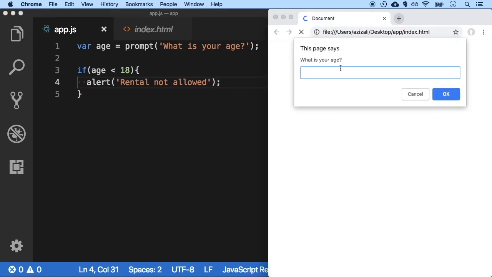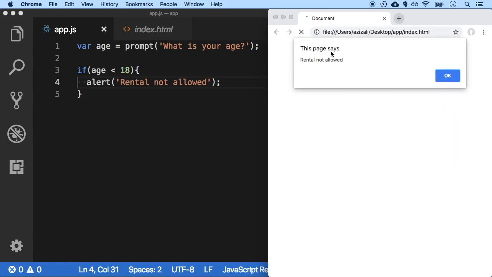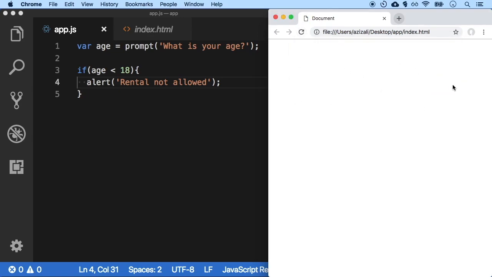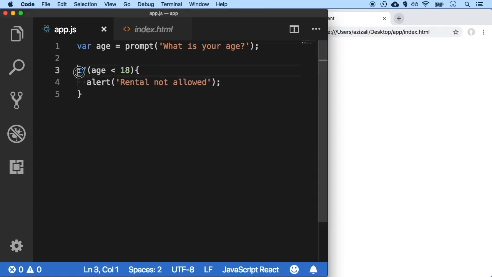And let's say if I provide the word 18, or let's try 15, okay, for now. If I hit OK, you see the alert message shows up, and the message is rental not allowed. Now I'm going to refresh one more time, and let's say I provide a value, let's say 20. If I hit enter, nothing happens because the code ran over here and it went over here and says